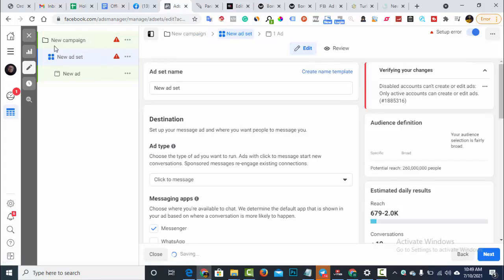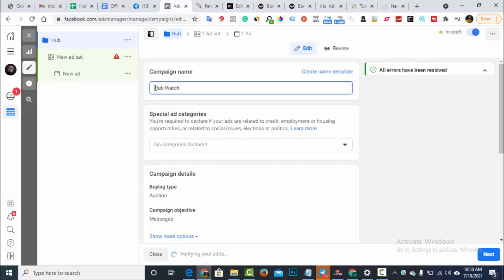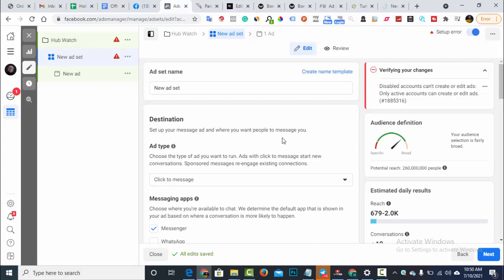Now once you go on next, and of course you want to give it a name. So if you are here, you just want to type a name here. It could be maybe you're selling a wristwatch. Okay, you can just say hoop watch, for instance, you can just name it that, right? Then click on next. It's going to take you to the next step. Here you can just say